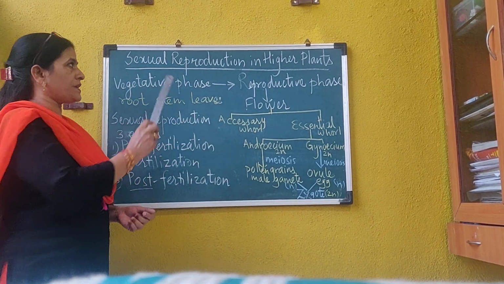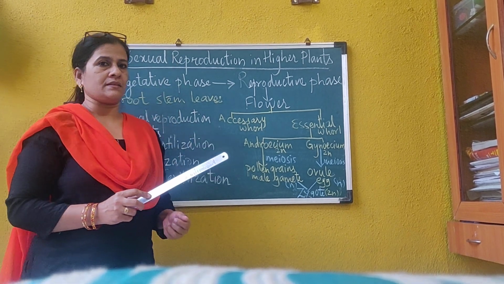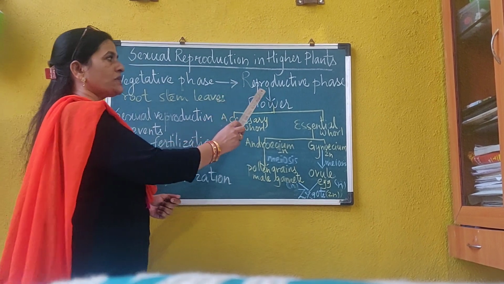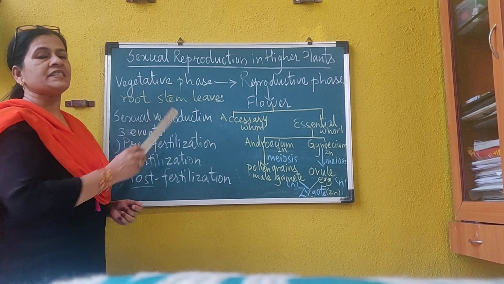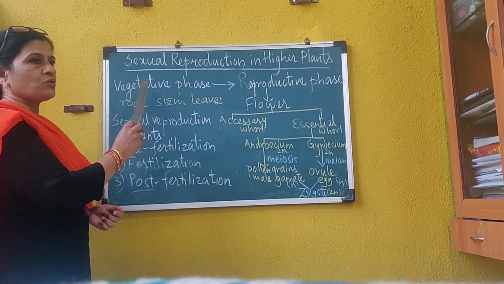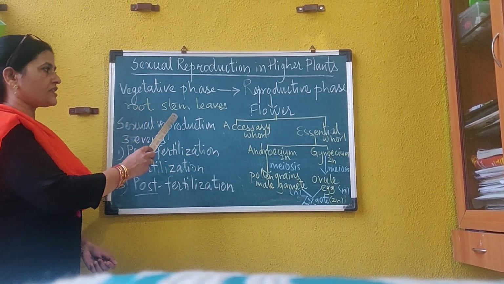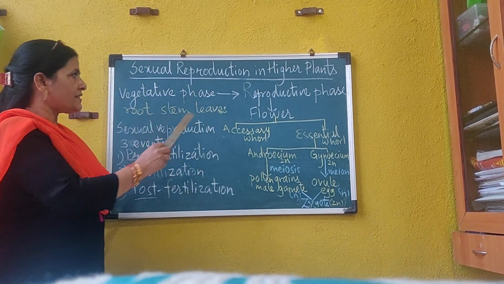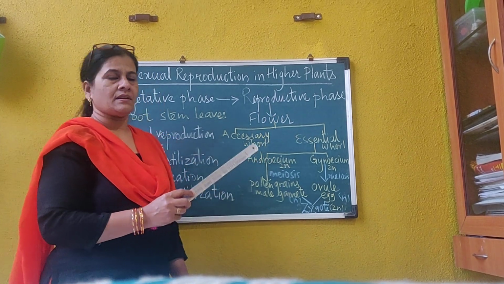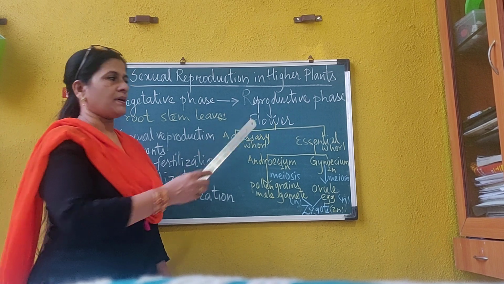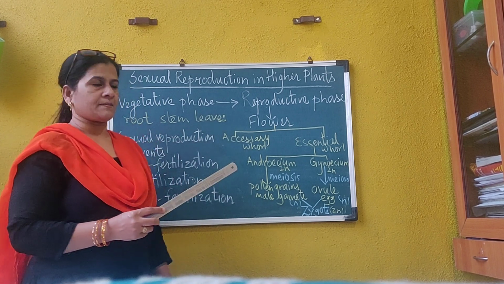Now sexual reproduction involves the fusion of two compatible gametes or sex cells. Before the plant reproduces sexually, it completes its maturity as a vegetative phase or juvenile phase. So juvenile phase or vegetative phase is characterized by development of roots, stem and leaves. When this development reaches maturity, the plant enters into reproductive phase. Reproductive phase is characterized by formation of flower. So flowering occurs during reproductive phase.